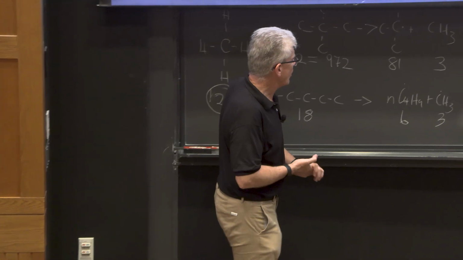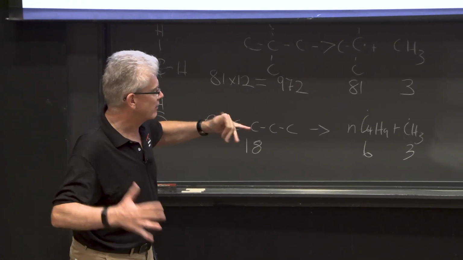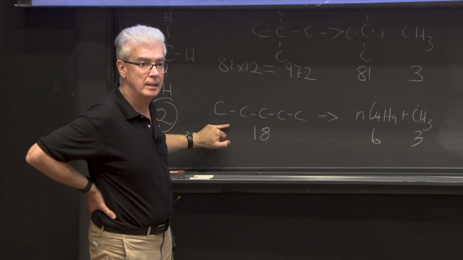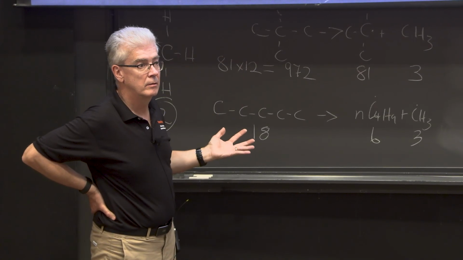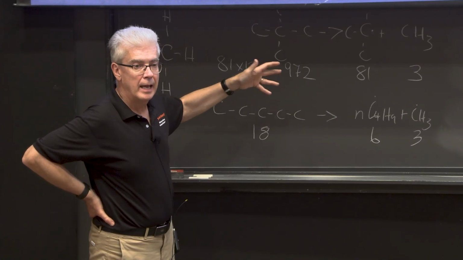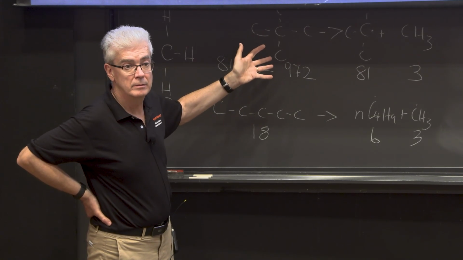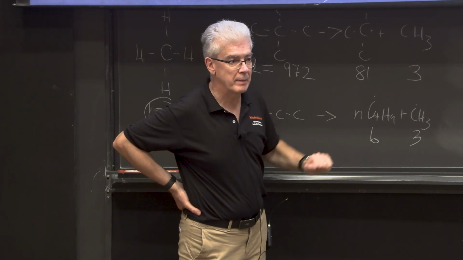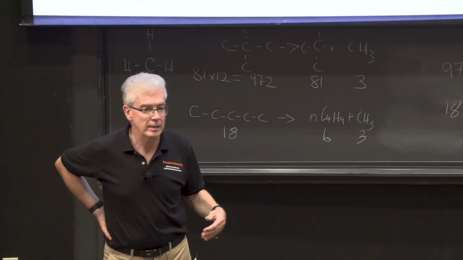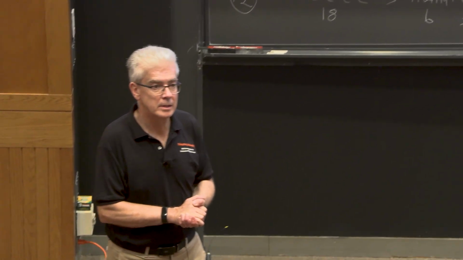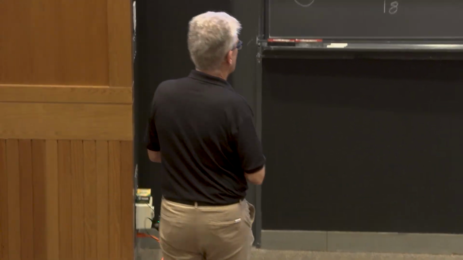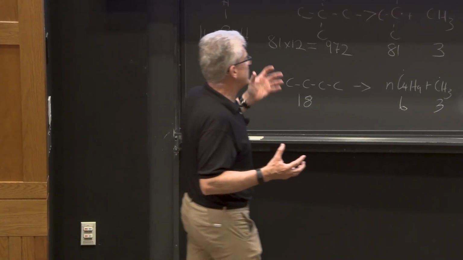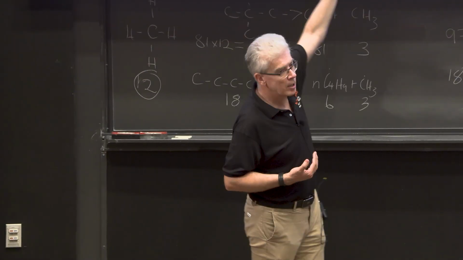I'm leading up to something, right? And I mightn't have introduced it very well, but here we have neopentane and here we have N-pentane. They're the same size molecule, right? Both of them have the same molecular formula, C5H12, right? One gives us TC4H9 plus methyl, the other one gives us NC4H9 plus methyl. So the products are about the same, right? They're different isomers, but they're the same size, okay? And I'll be talking about this later in the week, right? If we take a moiety, so the way I would look at this reaction